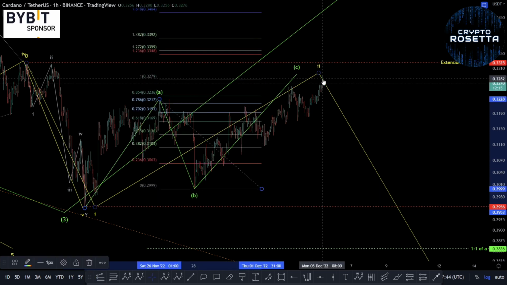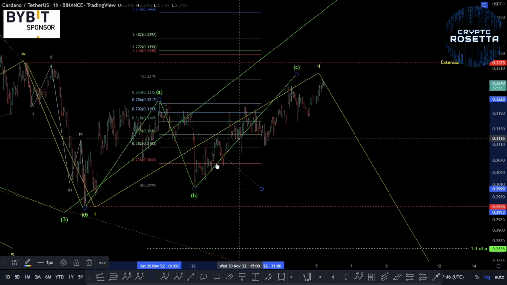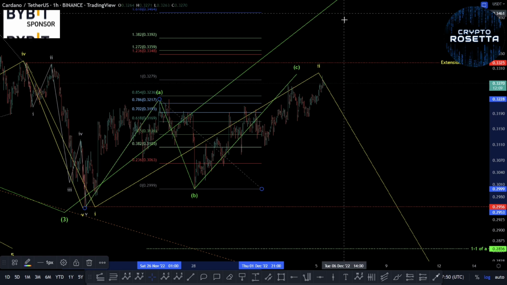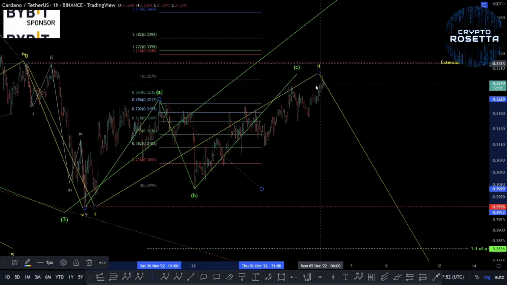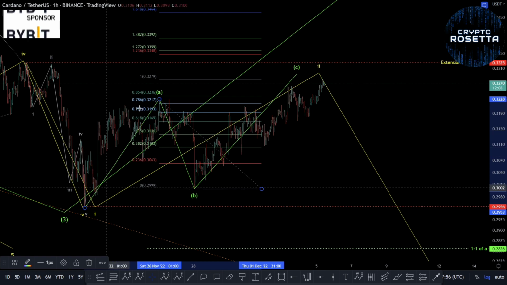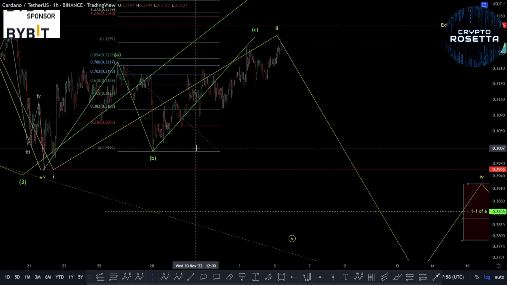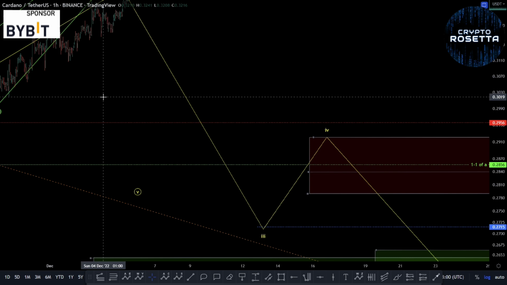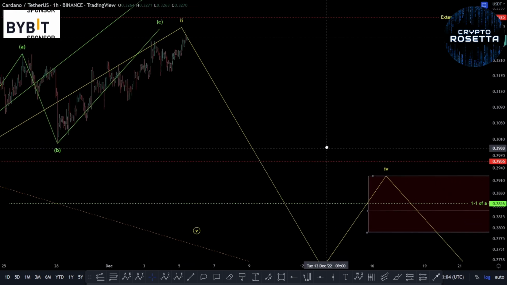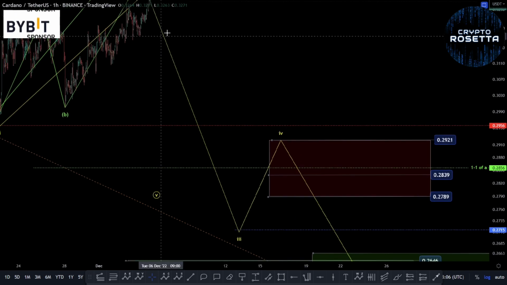We've currently hit that. And like I said, the move within here is very choppy. Unless this started to move to the upside and start to become a bit more impulsive, then it's more than likely this move is going to roll over. And if it does roll over, we'll be looking towards confirmation by crossing this 0.2956 area,